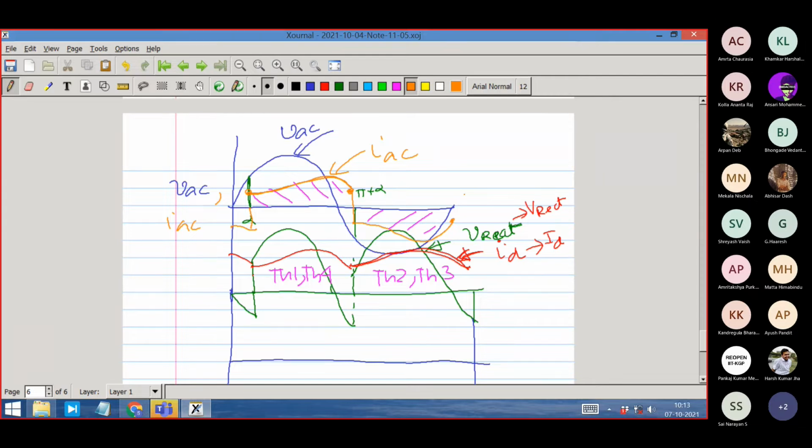What is the power in such cases? The basic power is the average, 1 by T, integral from 0 to T, of VAC into IAC. You may do a half period also, right? So that is the power. Being sinusoidal, the voltage you don't have to do anything with. You just take it and the fundamental component of IAC, and the phase angle between them. We'll come to that.